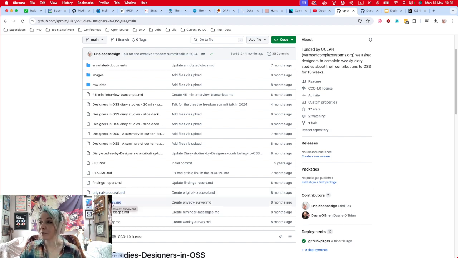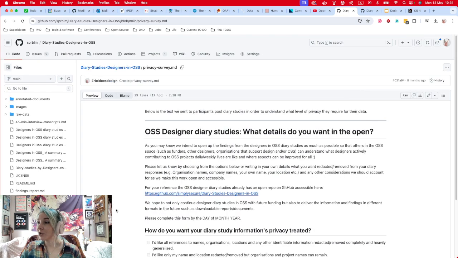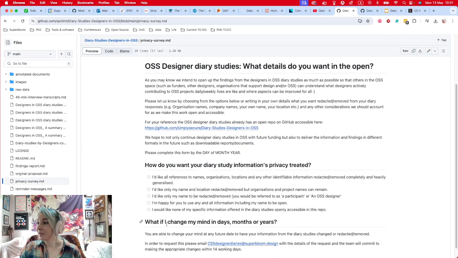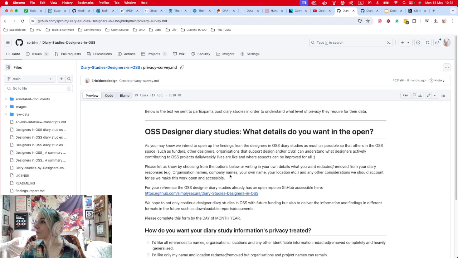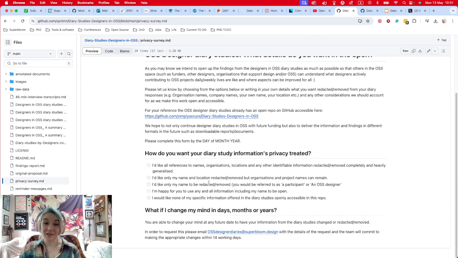So yeah, there's the original proposal. There's survey information, which is, I believe, about privacy and removing personal identifying information. We assumed that people would want to be anonymous by default, but we also asked them: do you want all references to names completely and heavily generalized, or do you want project names remaining? So we actually asked people what level of privacy they want, because we also